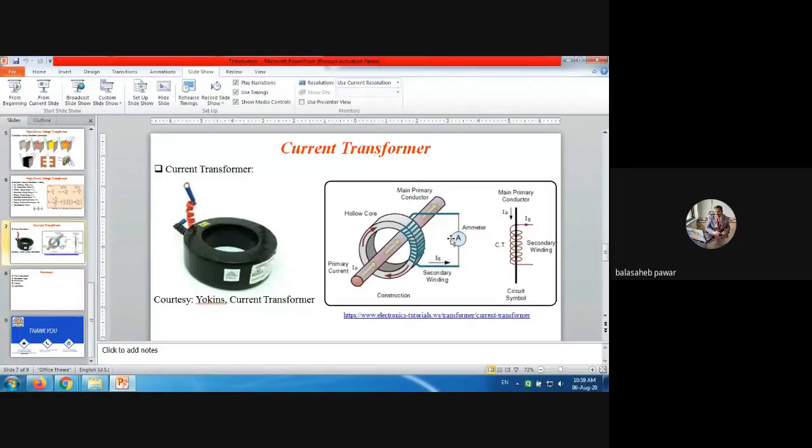That's why on that LCD display you will get the load voltage as constant, while the second row of your LCD will depend on the speed at which you are operating the fan. If it is at 1, then the measured current will be very small. If it is at 2, the indicated current will be somewhat more than the previous, like this. So what is the purpose of this CT and PT in this application? We use this CT and PT to sense the load voltage as well as to sense how much current is consumed by that load, and it is indicated on that LCD.